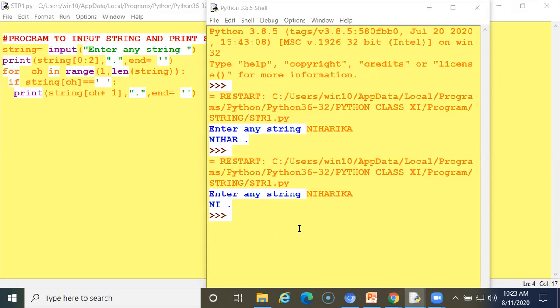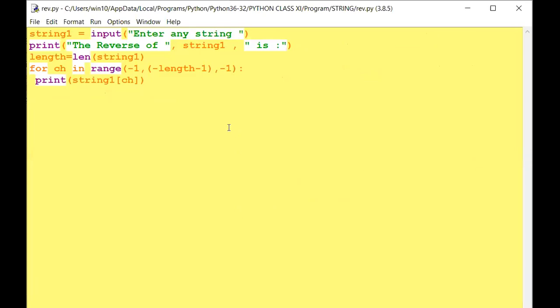You can write a short name, and for the last name you can write a short name of that. So you can make a program of that, and I'm sharing another program.